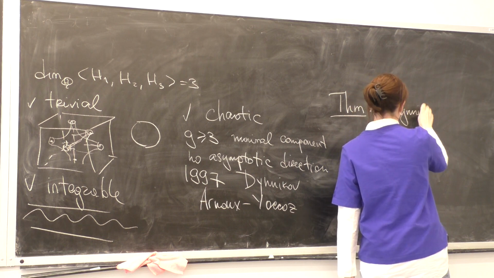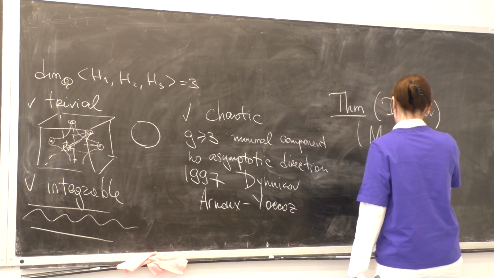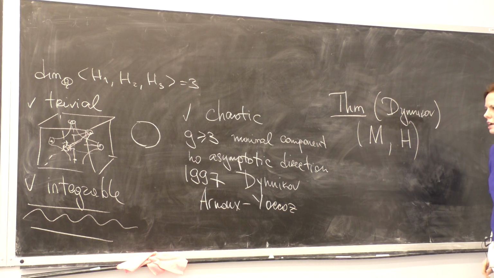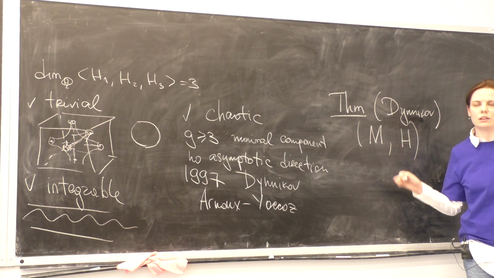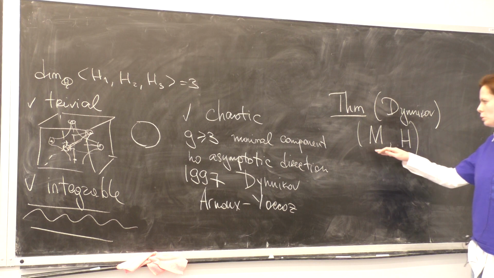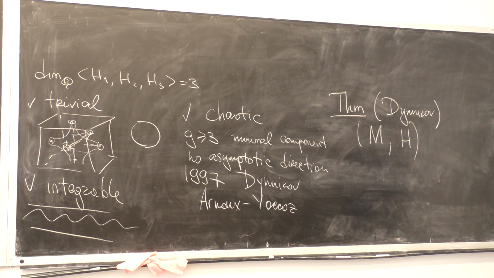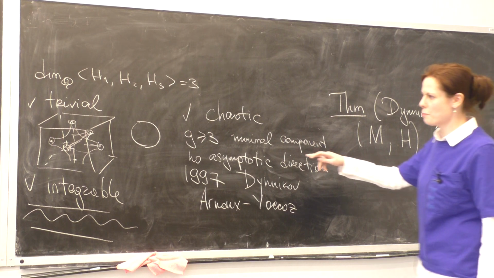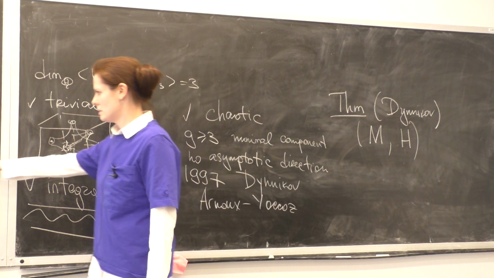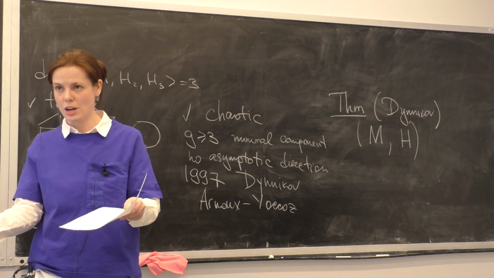It's from the same paper of 1997, that if you consider pairs of M and H, at first glance it looks like you live in a space of infinite dimension, but it's not true, because in reality you don't need to know the whole surface. It's enough for you to understand what's going on with the singular points of your foliation. It's enough to know where saddles are located and what their relationships with each other are.